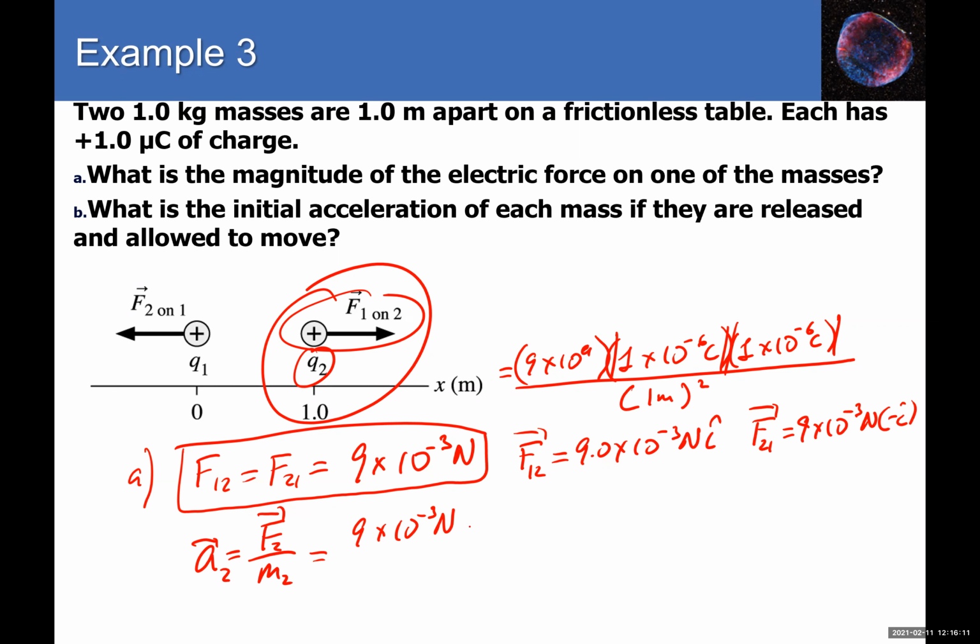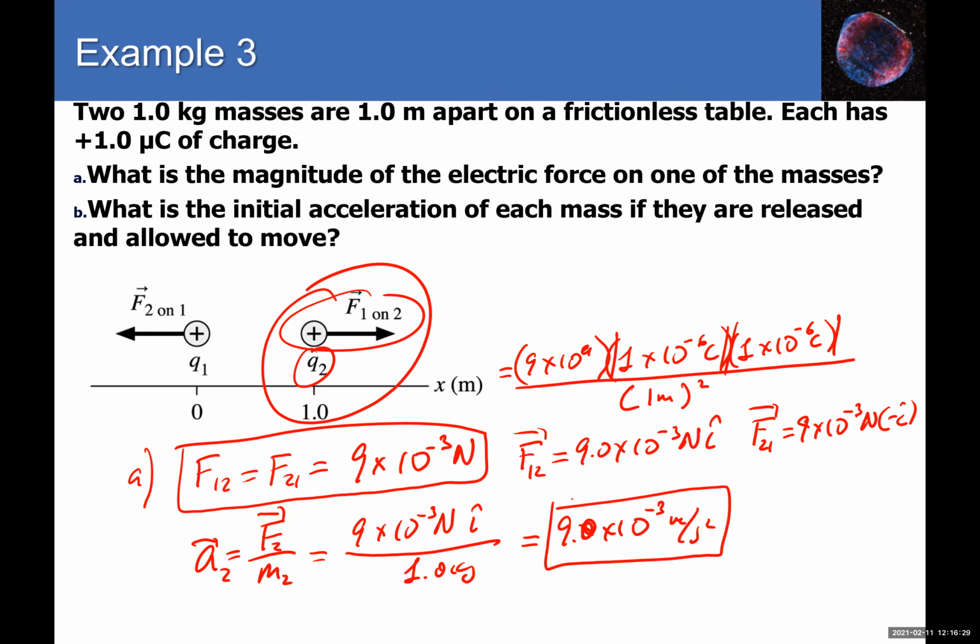All right, so that's why here when I put i hat, I'm talking about force and magnitude and the direction, and divide by mass, which is 1 kilogram. So we can calculate this to be 9 times 10 to the negative 3 meters per second squared. All right, so,